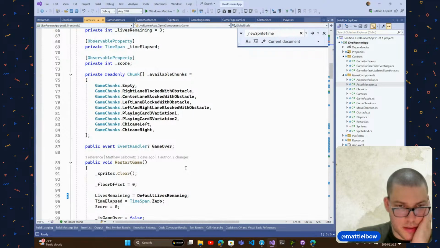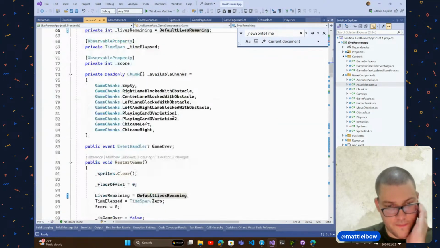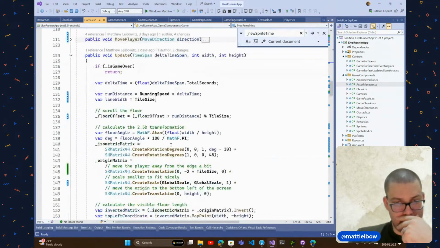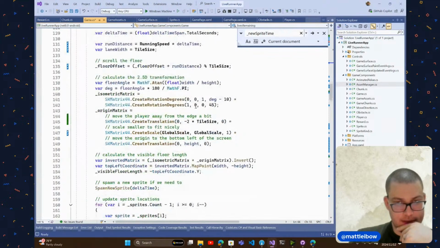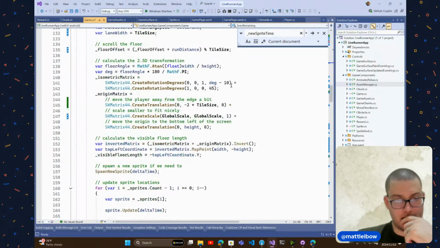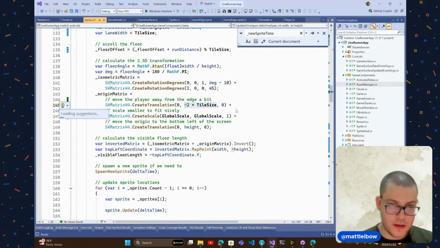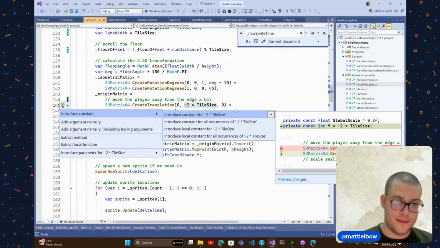We've got those constants, and we're going to do here. This one is going to be default. Height remaining. Floor angle is calculated, running speed, delta time, degrees. Here we go. Keep that there for now. This move is display. So this times padding will be a move constant, and for this one will be